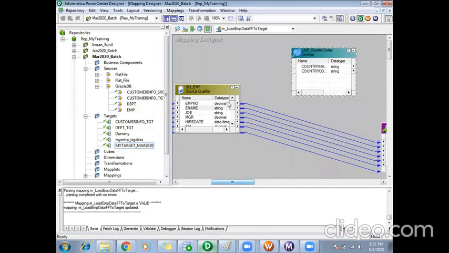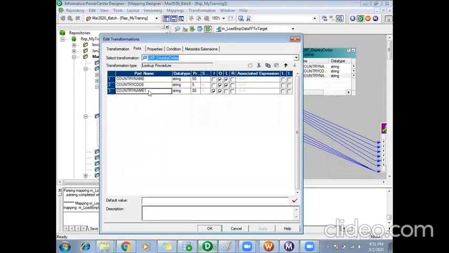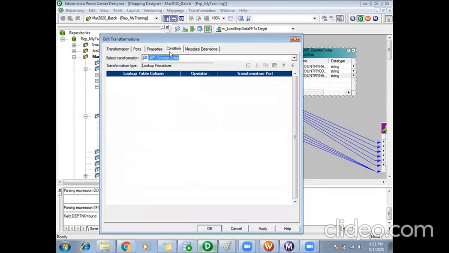Now I'll take the incoming country name to my lookup. I'll just rename it as in underscore country name, and in the condition I'll say country name of the lookup table is equal to the incoming country name.